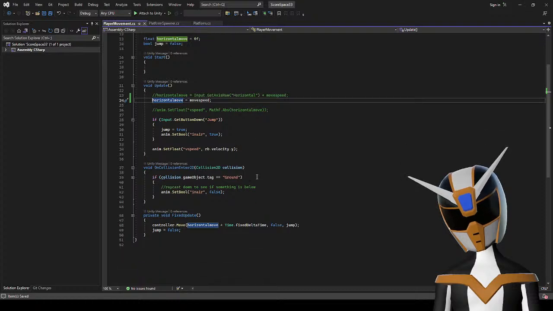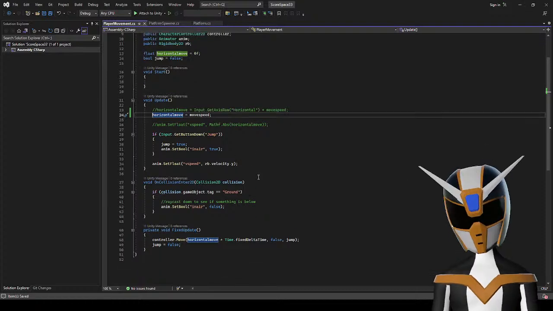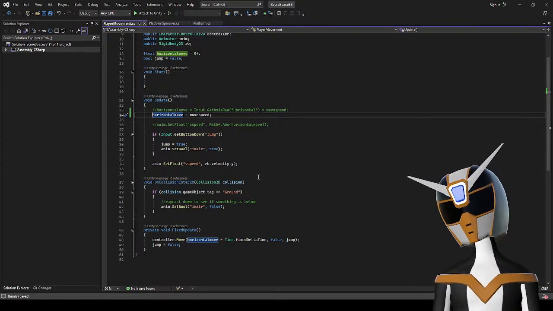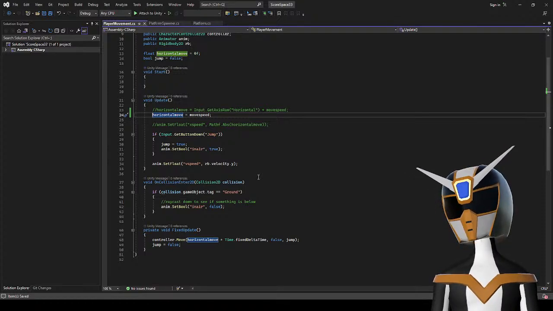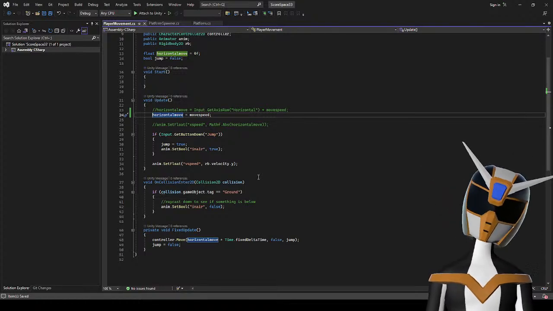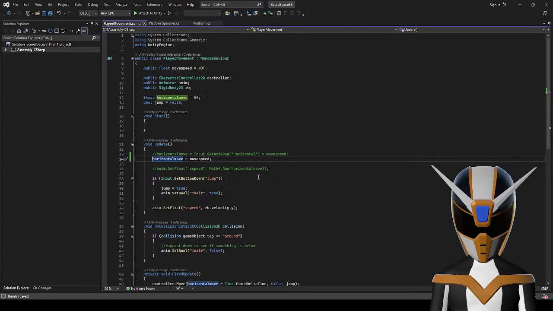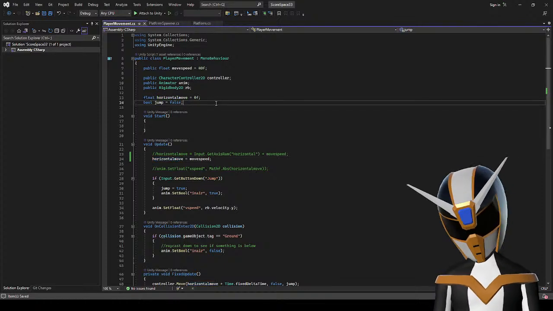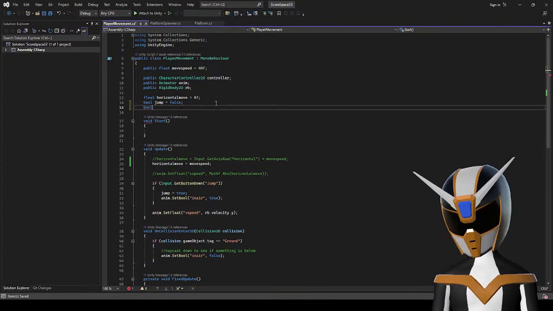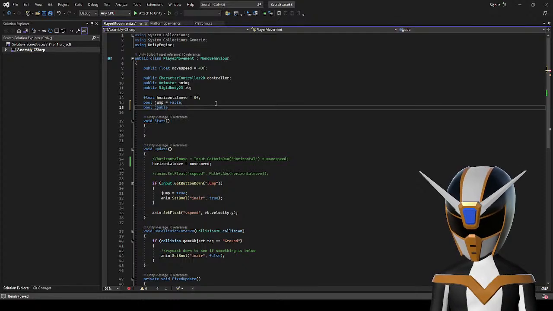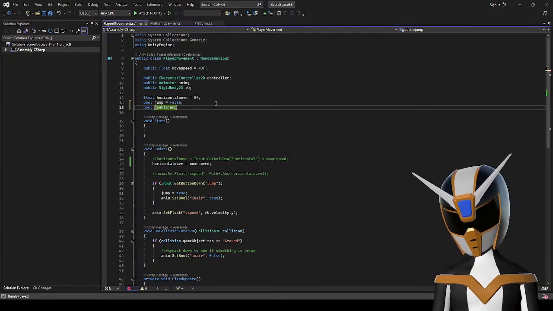And I want to be able to double jump as well, I think. Let me think, how am I gonna do this? Should I just have a Boolean for double jump?